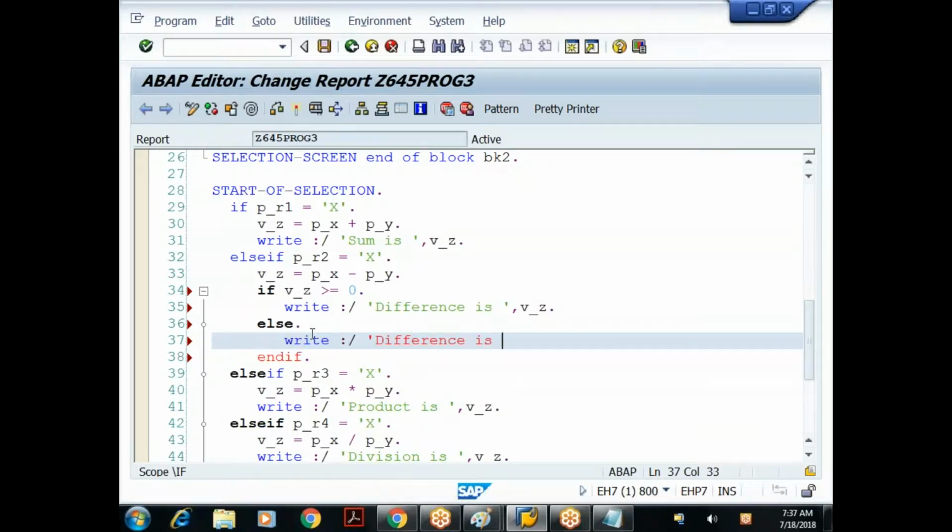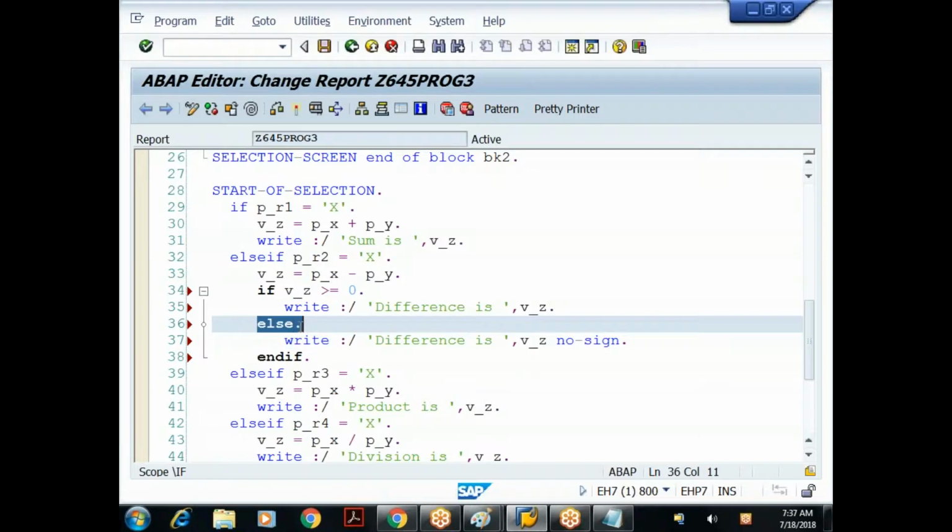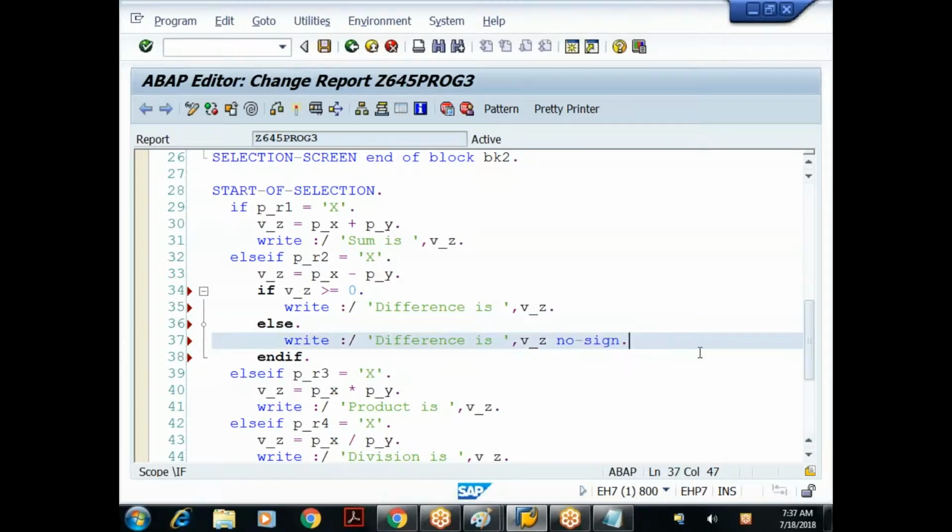difference is V underscore Z. Already related to write statements, we have seen some options yesterday and in the class the day before, like color option, centered, right, justified, and so on. Similar to that, in the write statement we have an option called NO SIGN. No sign, understood? When the control comes to the else part, if the result is a negative value, then when I'm printing that, I am saying no sign, meaning the hyphen will not be shown to us. So when I execute,